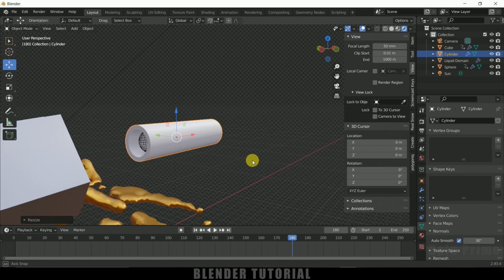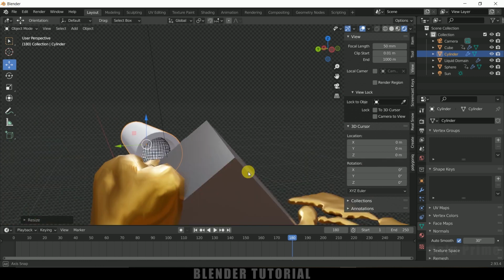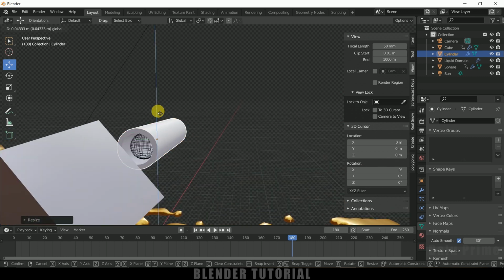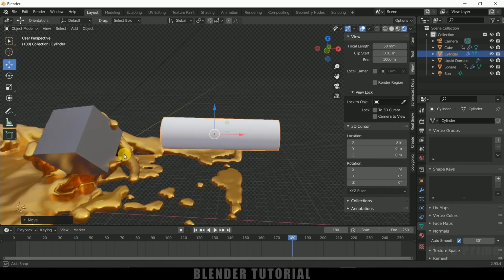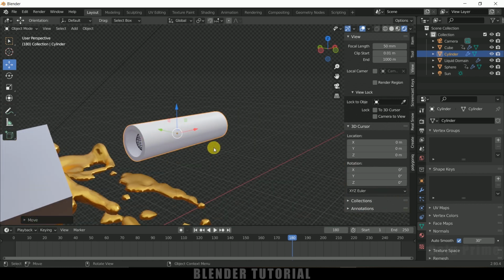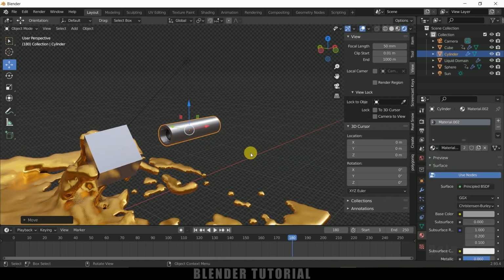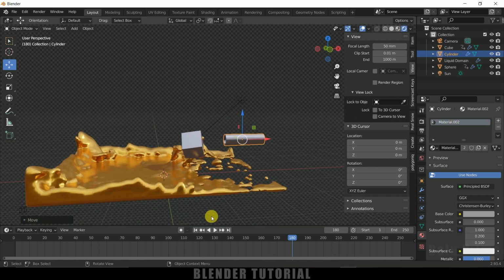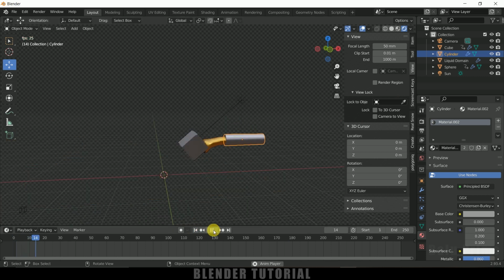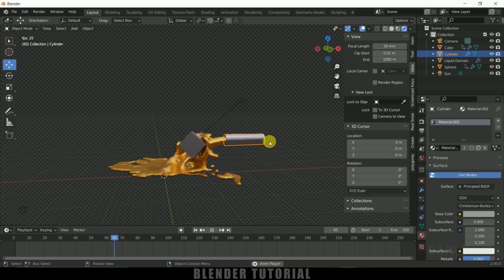So here you can see I have placed the sphere inside this. Fine, now let me add a material for this also. So come to this material properties, and let me add the same material. Okay, fine. So now if I play this, it seems to be flowing through this tunnel kind of thing.